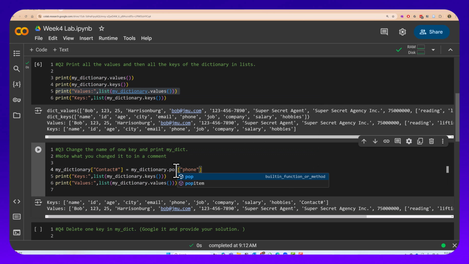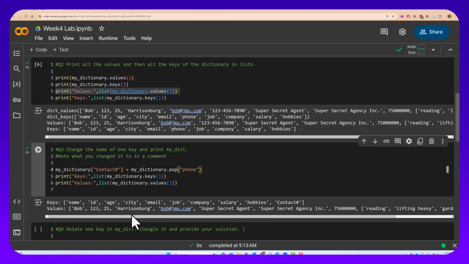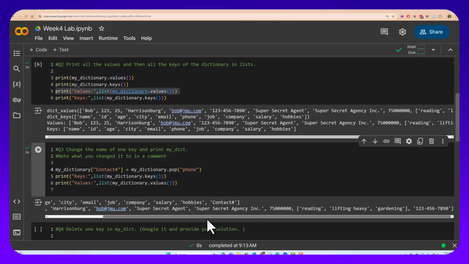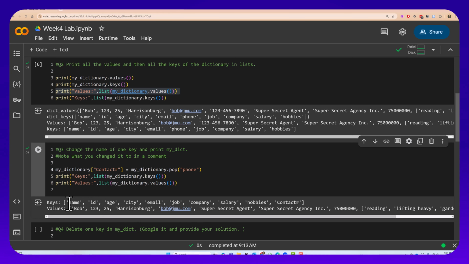One of the things I talked about in the video lecture, pop, is a tool that allows us to remove things. And so by using pop, what's going to happen is that it's going to replace, there it is, it's going to replace,